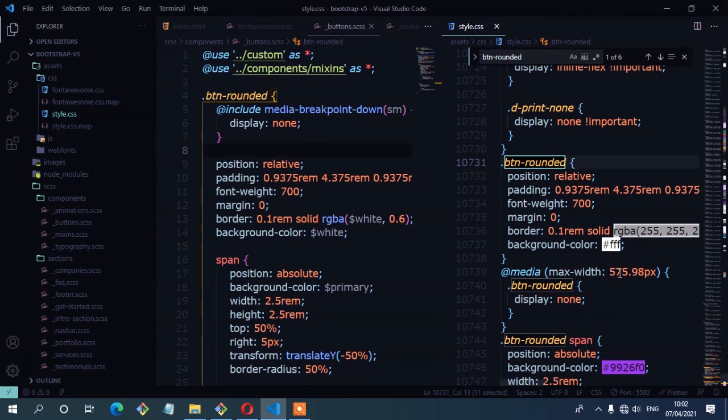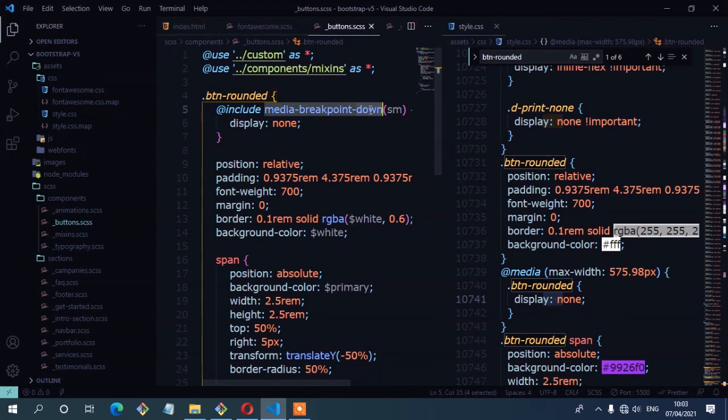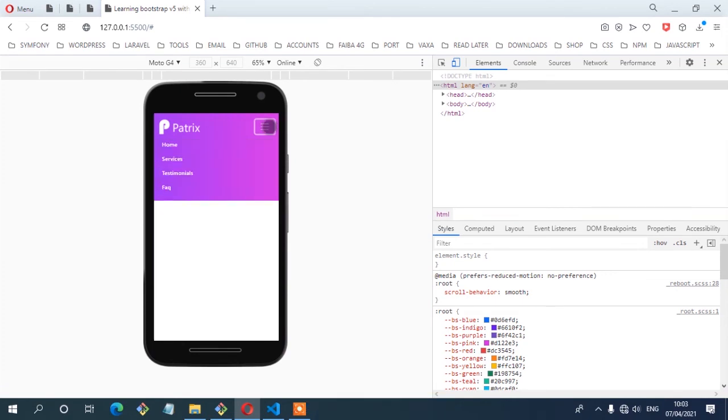Media query max width 575.98 px, and you can see the display is set to none. So you can see here any device with a max width of 575, the display should be set to none, so it will not display that button. Let me show you if you're targeting large devices. Here we can change the media breakpoint to media breakpoint up. So save. Let's see the media query, and here you can see the media query has changed to minimum width of 576. So if you check again from the browser now,